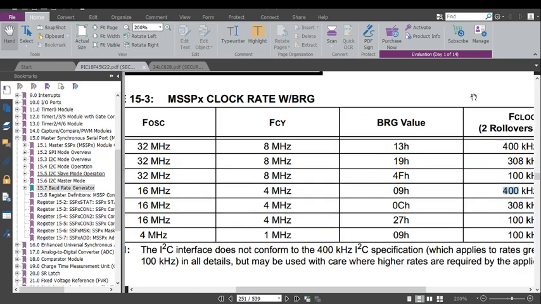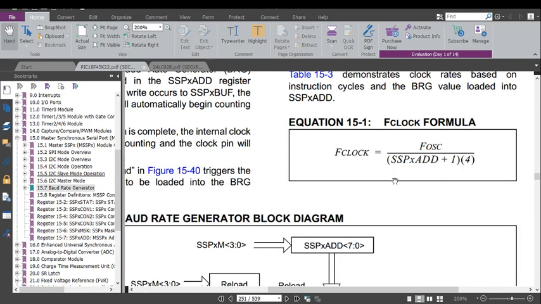You could either use this table, or you could go the long way route and just use this formula, plug in whatever speed you desire, and get the value for the SSPxADD. Yeah, but this is the formula we use for the SSPxADD register for the baud rate generator. Okay, so that's how 9 in the code